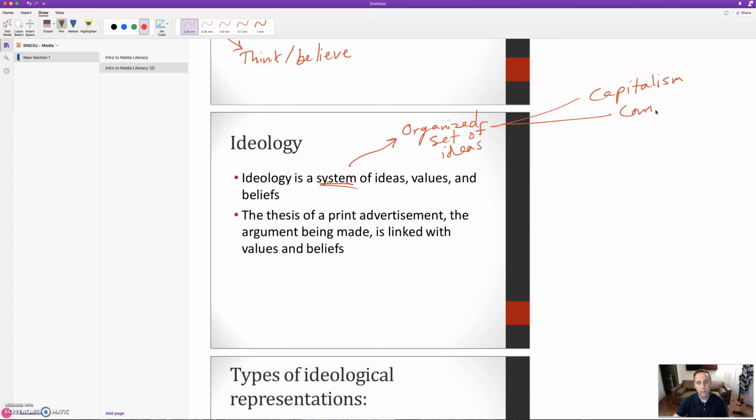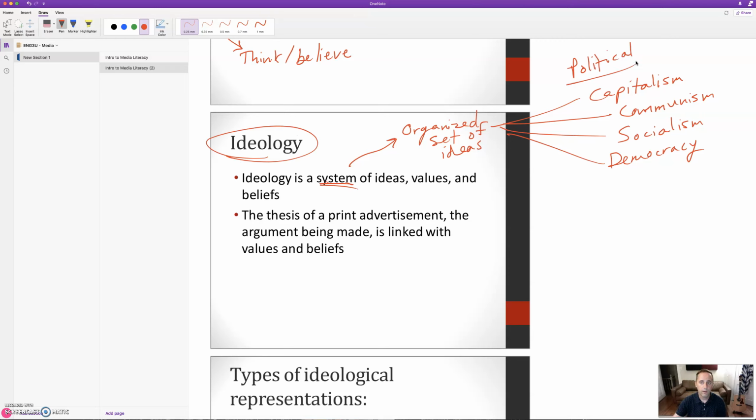Maybe you're in China, communism. Maybe you're, I don't know, in Canada we're moving towards socialism. Perhaps it's democracy. Those are all ideologies, okay? These happen to be political ideologies. Okay, but there are systems with ideas, values, and beliefs about this whole realm of politics.